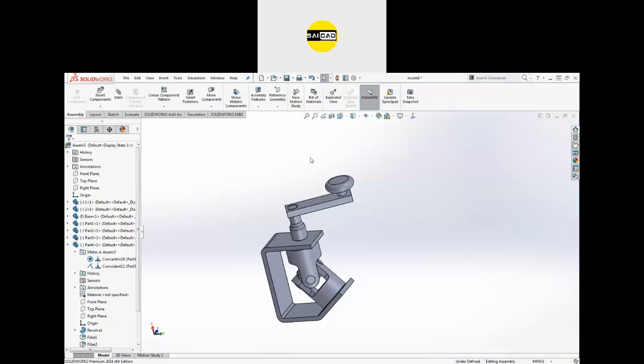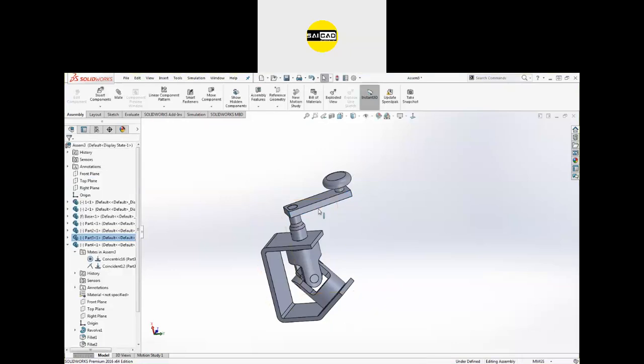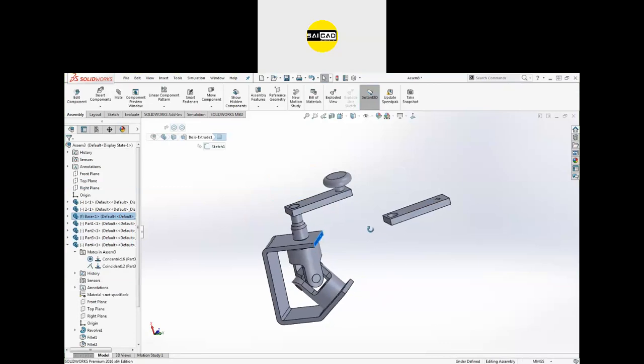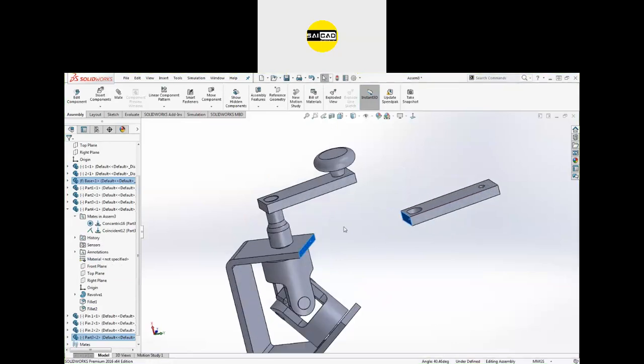So next I'm going to show you some other mates, how to work with the constant, parallel, perpendicular like that. So I'm going to use this part from here. If you select two faces like that, you can add the constant, the parallel, the perpendicular, the distance, the angle. All of these can be applied.